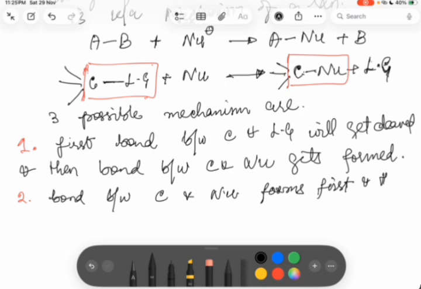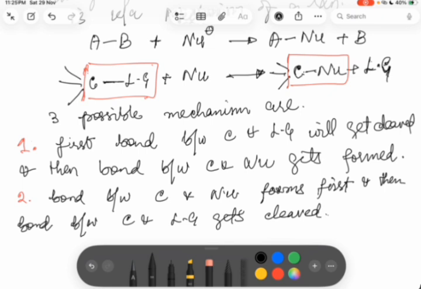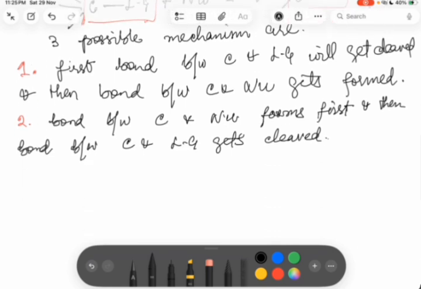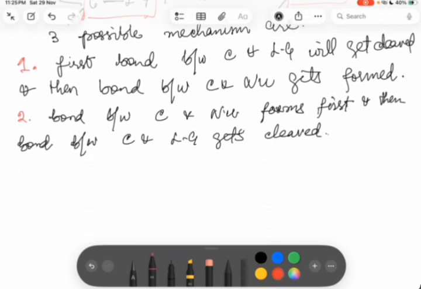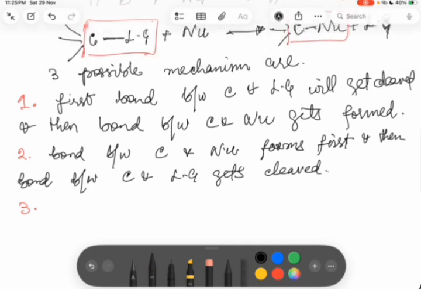It forms first, and then the bond between carbon and leaving group gets cleaved. And possibility number three is that simultaneously bond